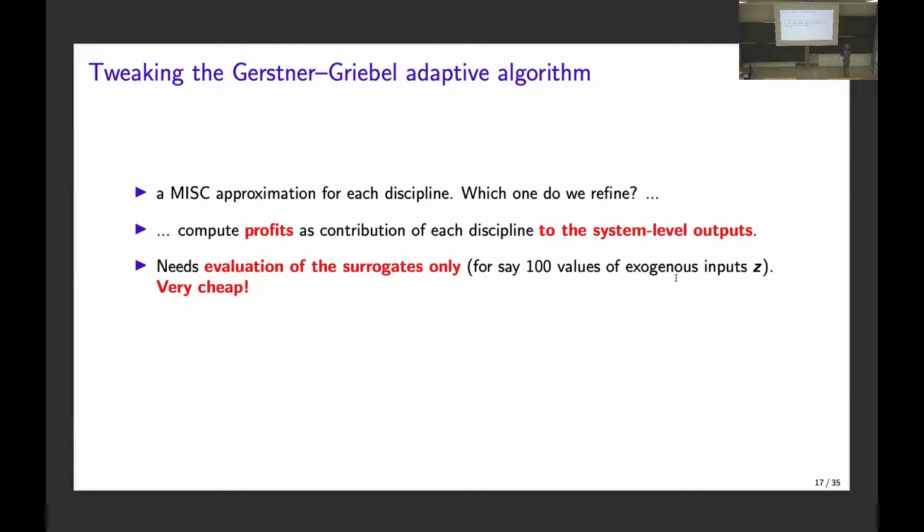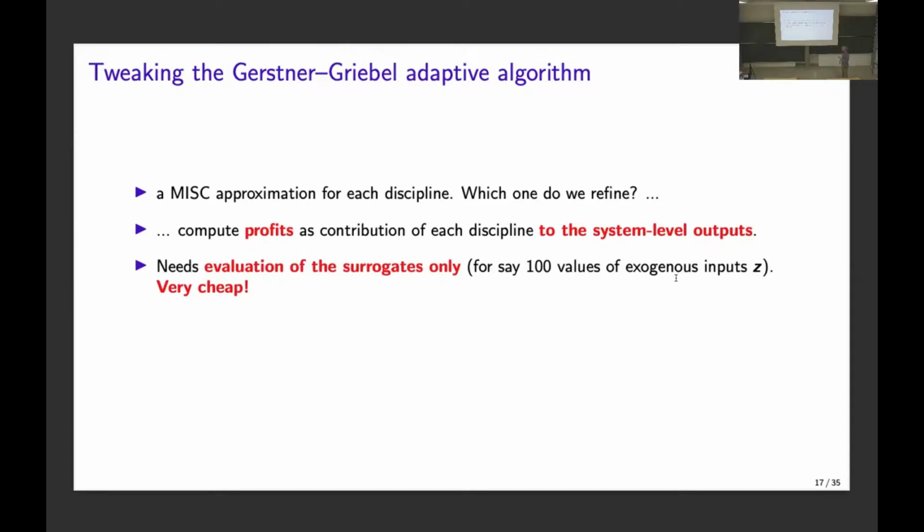So that is a good idea, because it means that I'm more flexible on how much I refine each component. The downside of it is that every time I refine one model, I have to check everything else, because everything is entangled, because what matters is the final outcome, okay? So whenever I refine one model, I have to recompute the profits of every other model. So I have more computations to do at this point. I'm not doing 3 separate MISCs. I'm doing one MISC with one extra chunk, and then everything is related to the very final outcome.